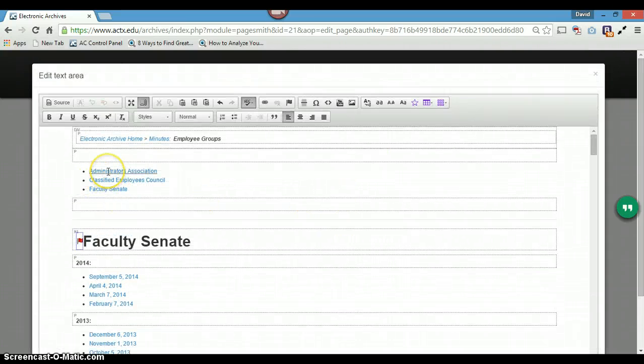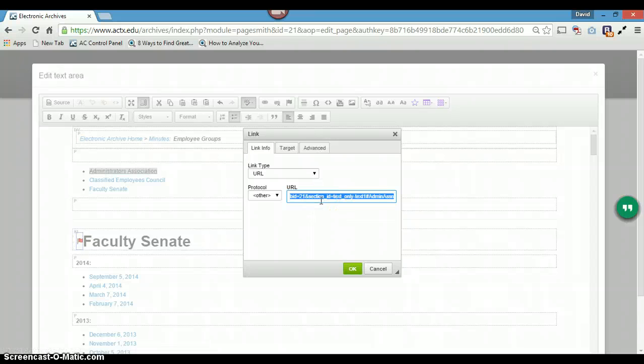Okay, we're going to click on the Administration Association link. It's going to pull up the URL. You just want to take out the URL. You want to keep it as a link type URL, but remove anything that's in here. You're going to add a hashtag or the pound sign. Coders say pound sign, but now that Twitter has been out for a couple of years, users call this the hashtag. We're going to point that to